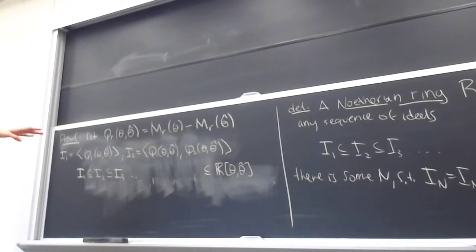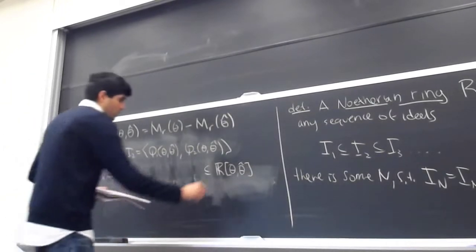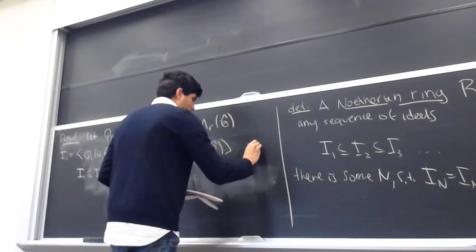But we know by Hilbert's basis theorem, just by applying it for the ring R, then R of theta 1, then R of theta 2, and so on, and then including theta hat 1, and so on, we know that this is Noetherian. Hilbert's basis theorem gives us a way to manufacture a Noetherian ring from a Noetherian ring, and we just keep adding the formal variables until we're done. So this is Noetherian,